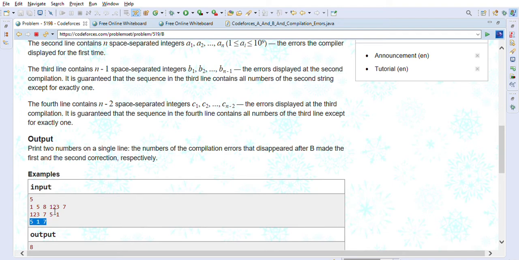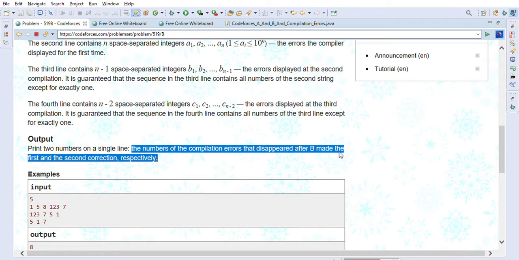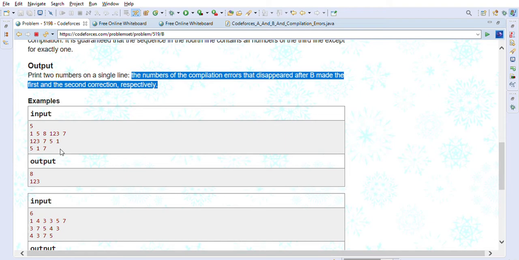As you can see, the errors are getting reduced, but the order is not the same. Basically the compilation error order cannot be the same. So we have to output the numbers of compilation errors that disappeared after B made the first and second correction respectively.